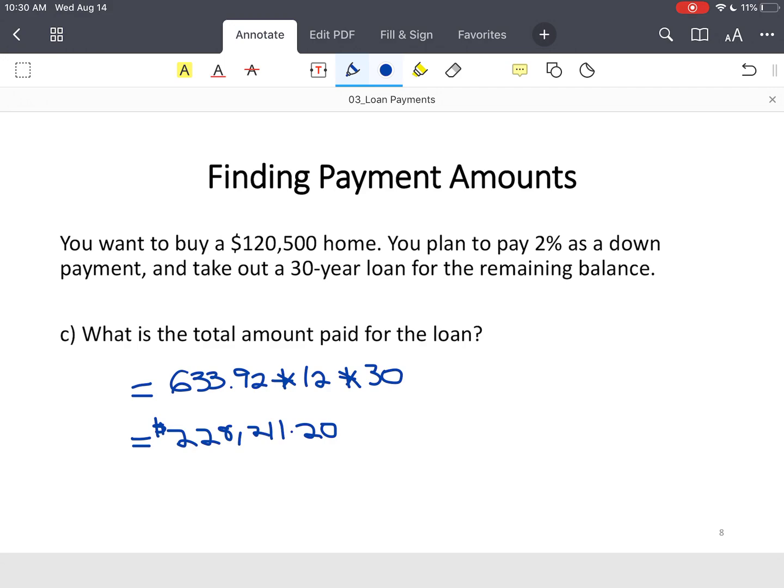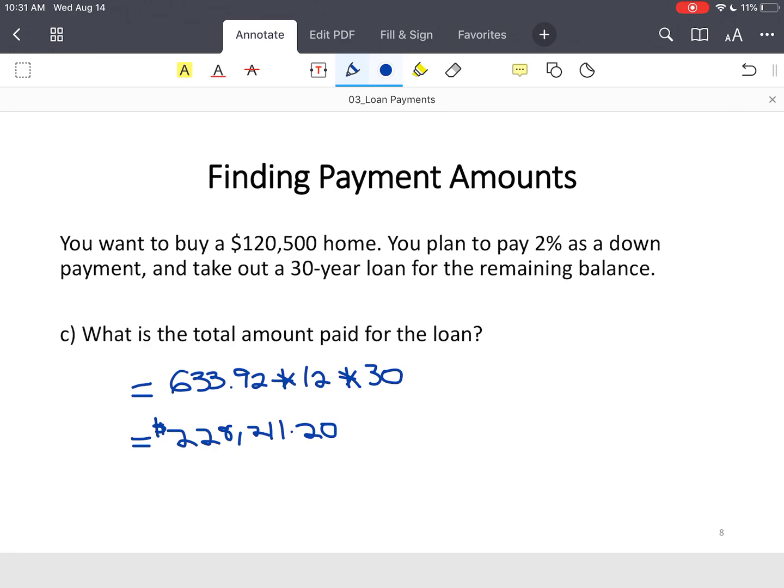Okay, that's the total amount paid for the life of the loan. All right, so in 30 years from now, that's how much we've paid for this $120,000 house. So that's total amount paid. Now that leaves the fourth question, which is, okay, I paid $228,000 and I borrowed